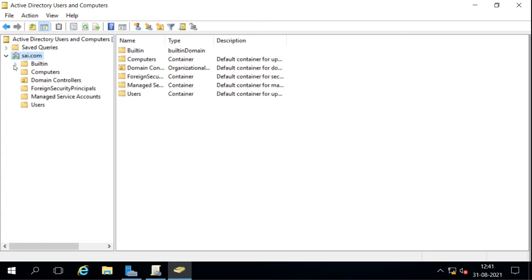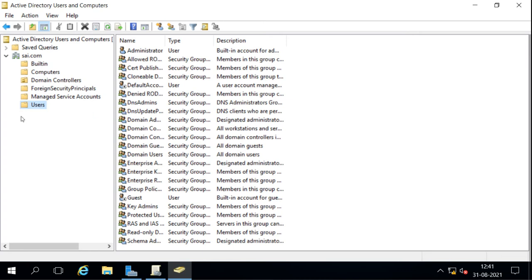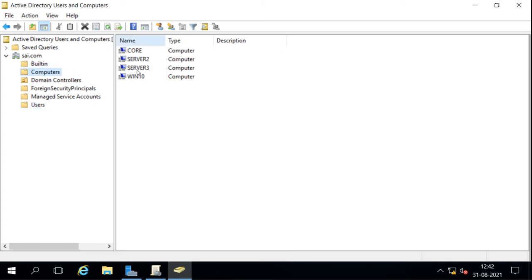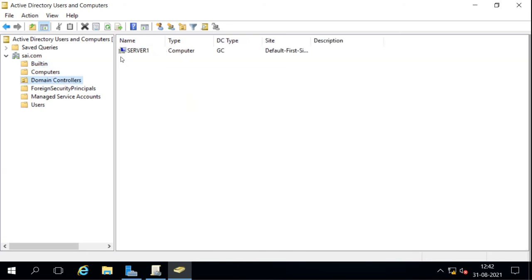All the users by default are created here. Computer accounts will be here. Built-in accounts are here. Domain controller accounts are here. There is one domain controller we have, and it is created under the domain controllers OU.